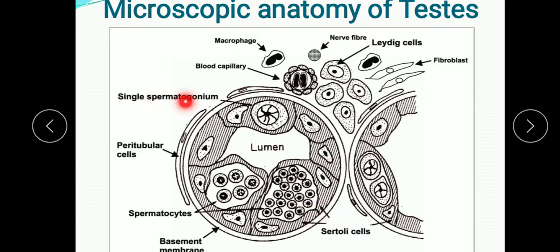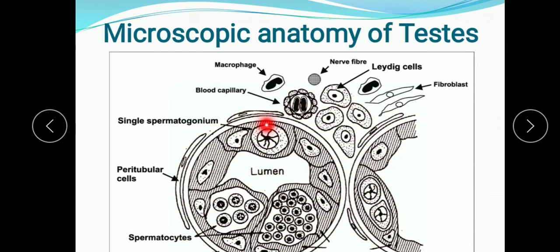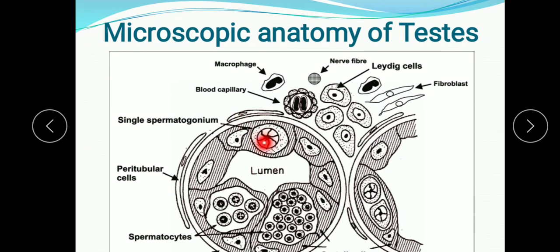So let me start with the spermatogonia. These spermatogonia are highly specialized cells which undergo spermatogenesis to produce the sperm. They change into sperm, and these cells are diploid cells and their growth is promoted by the follicle stimulating hormone, that is FSH, from the pituitary gland at the time of spermatogenesis. These spermatogonia divide meiotically and form the sperm.